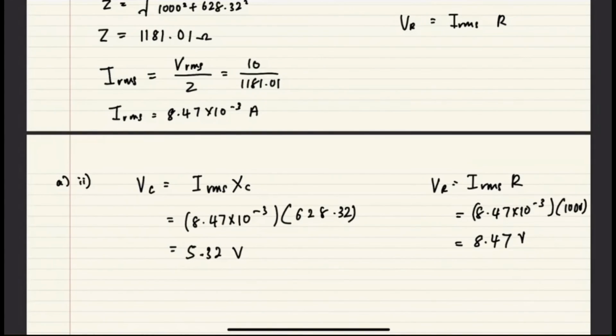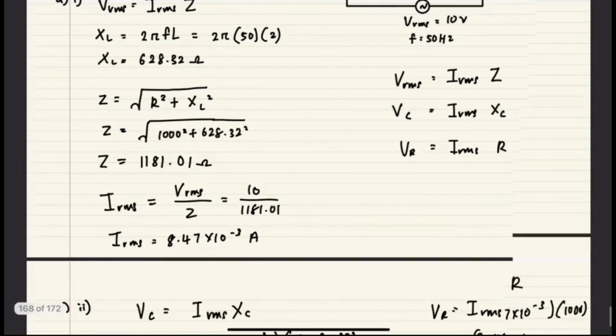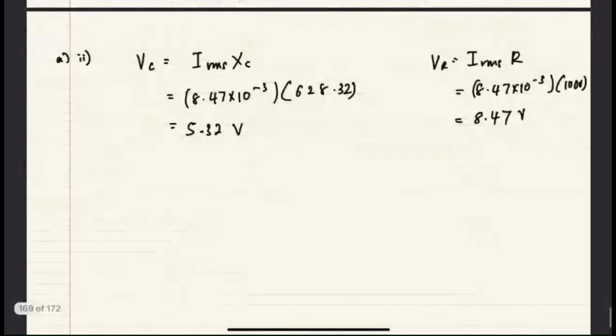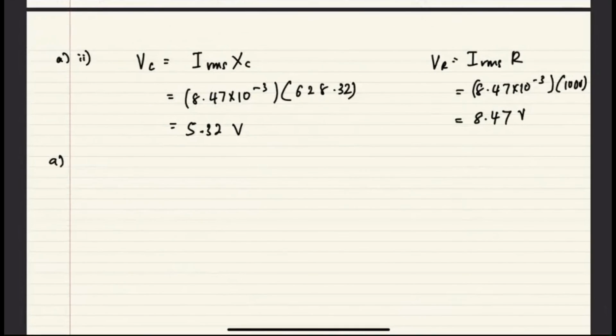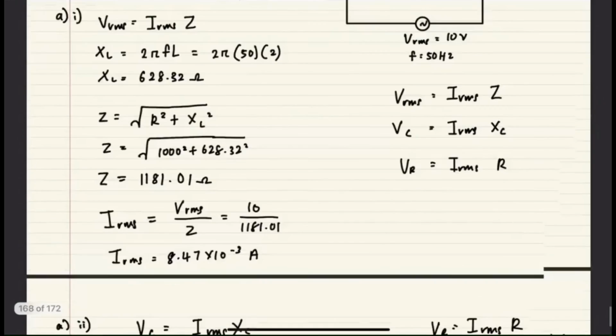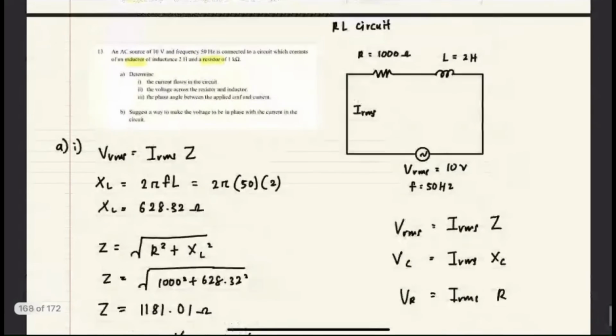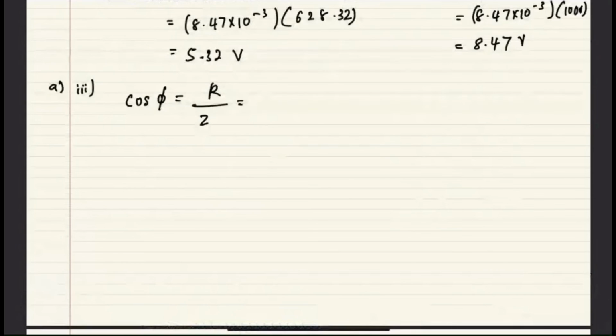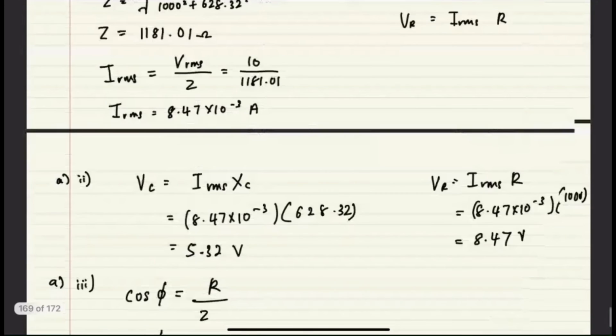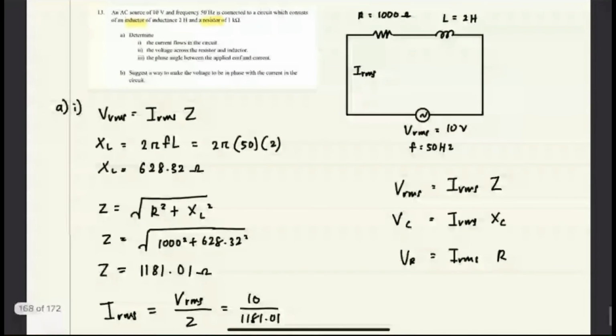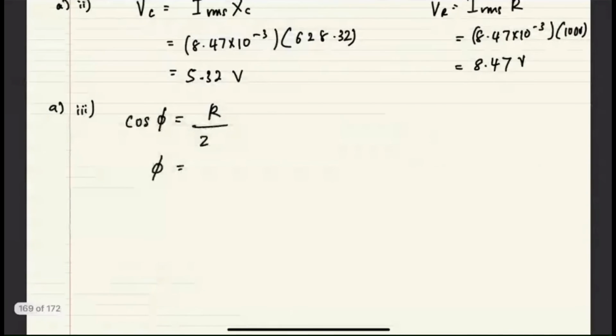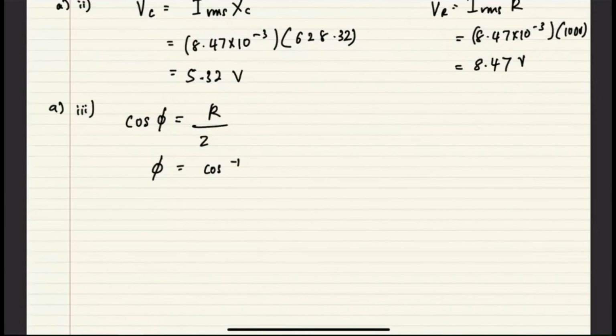Okay. And then yang third question dia kata the phase angle between the applied EMF and the current. Phase angle, so setiap kali cakap phase angle, okay, kamu tak payah fikir, tak payah perlu pakai cos phi. Saja formula ni, R over Z, so R dia adalah 1000 tadi. Kita nak angle so jangan tinggalkan dalam cos phi. Kalau cos phi tu power factor. So phase angle is phi, so cos minus 1 R over Z. So 1000 divided by Z is